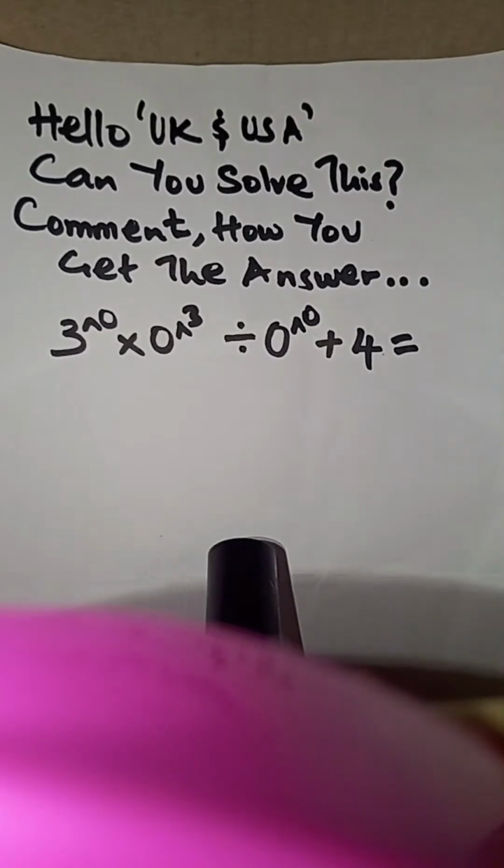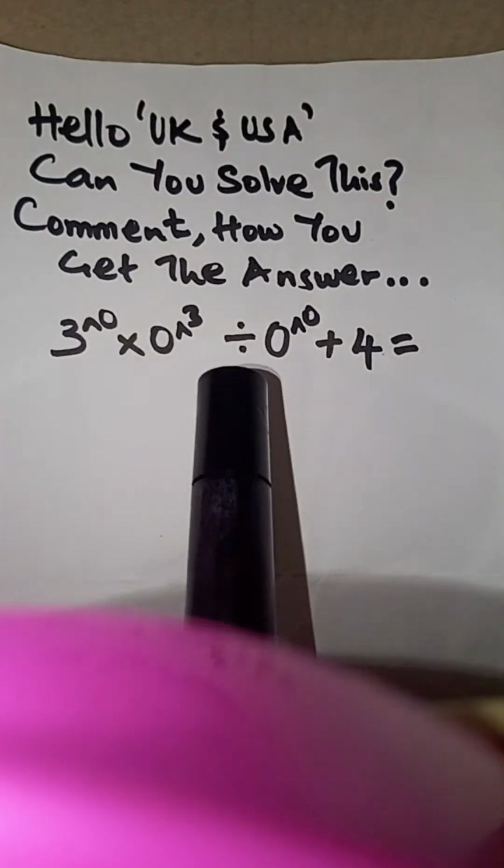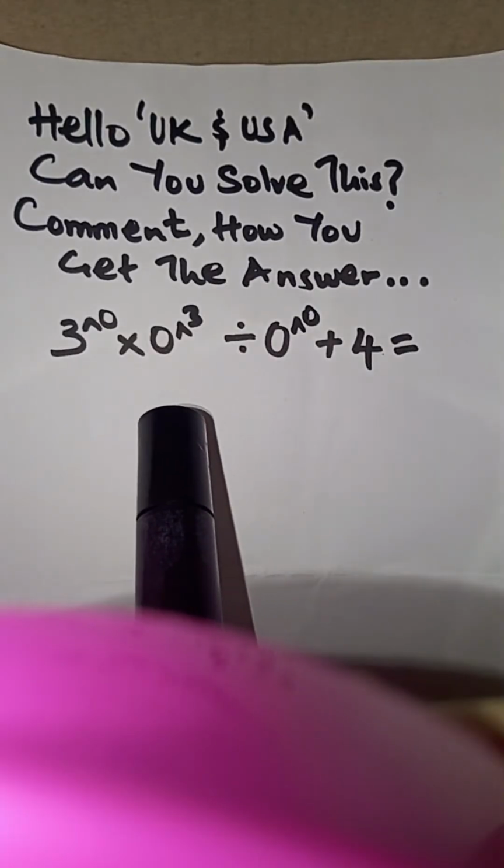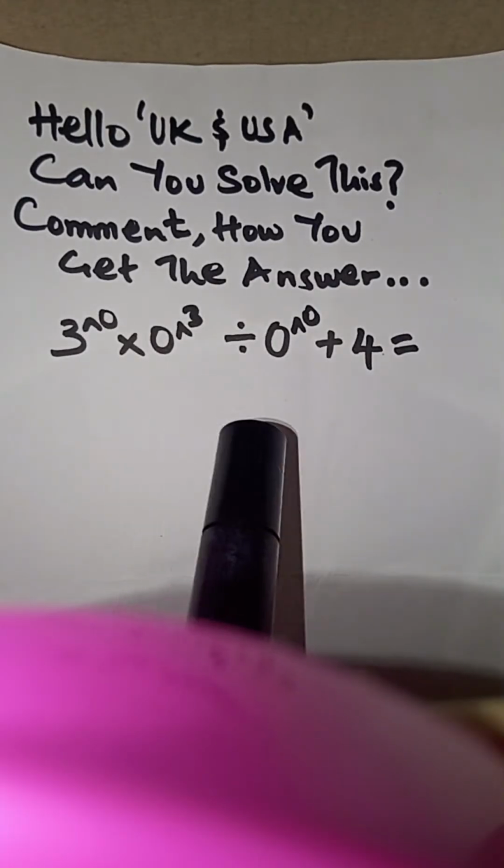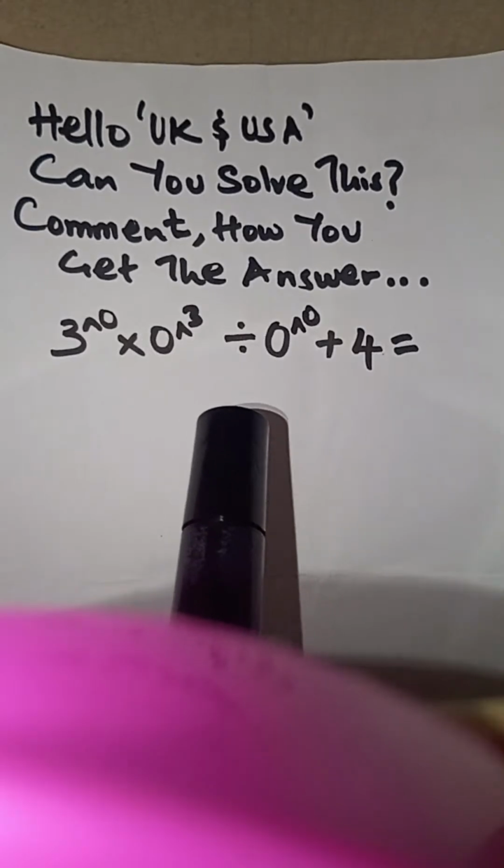So we are given that if you take 3 to the power 0 and then divide by 0 to the power 3,